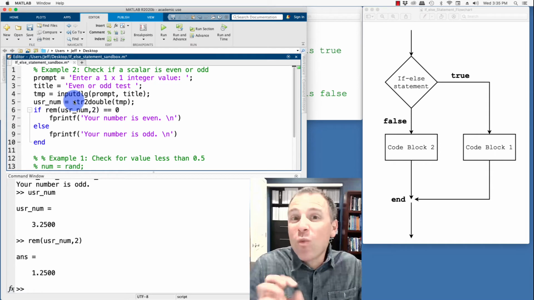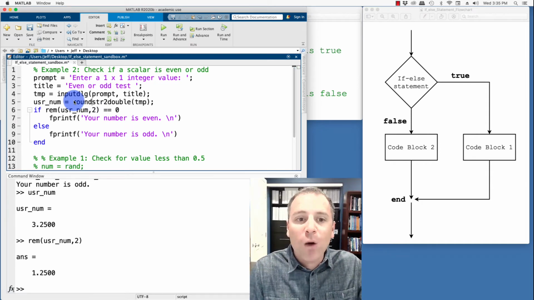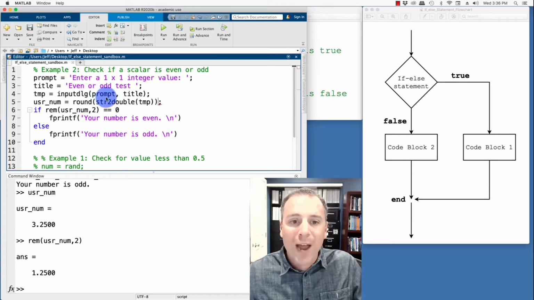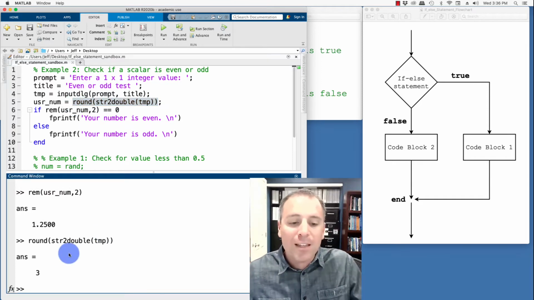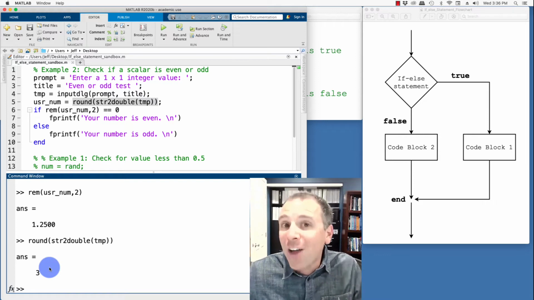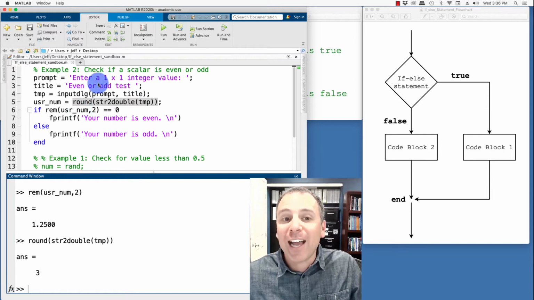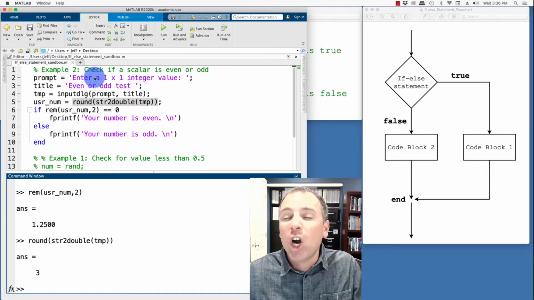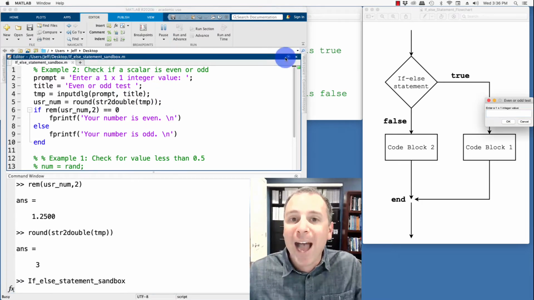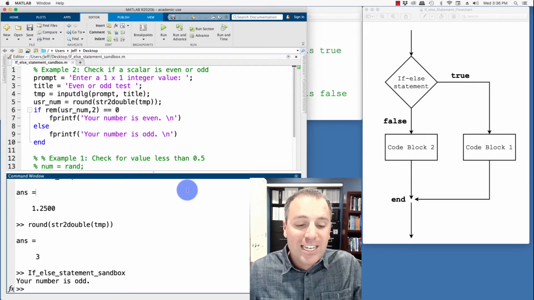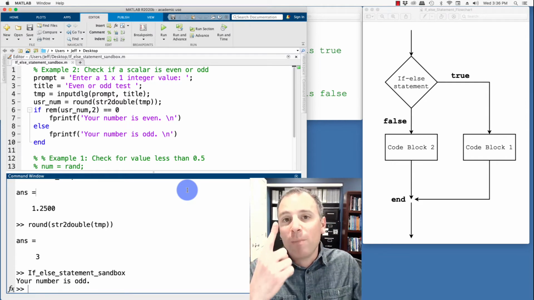One thing that I could do to get around that if my user was devious is actually round that number. So specifically, I'm going to round down or round up. So now I push round that number, and now I do this user check. Notice that immediately what happens is if my user enters a non-integer value, I round it towards 0, and then that actually allows me to check. I might want to document that in my prompt, but specifically, I don't get into the situation where my code is doing an unintentional thing. Now, if I go back to this case and I enter 3.25.